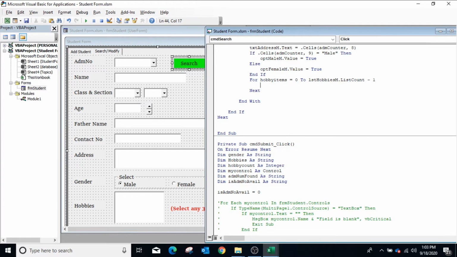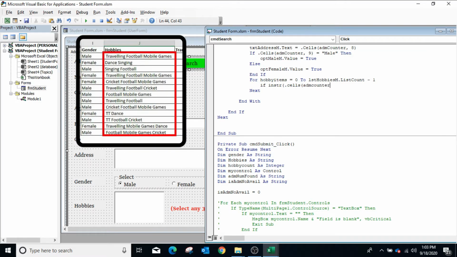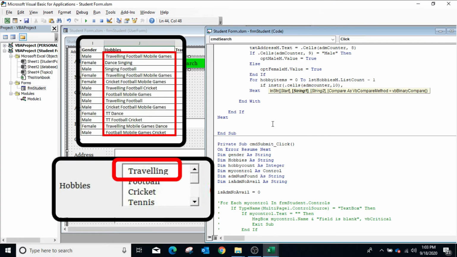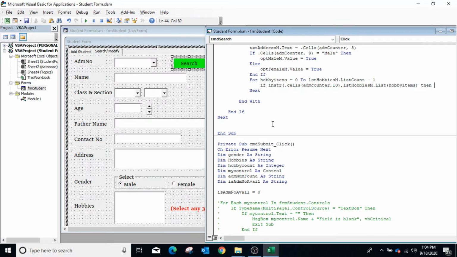Next, if InStr, dot cells ADM counter, comma 10. This is the string in which we will check the items available in the list box, hobby items. Now, if this is found, then